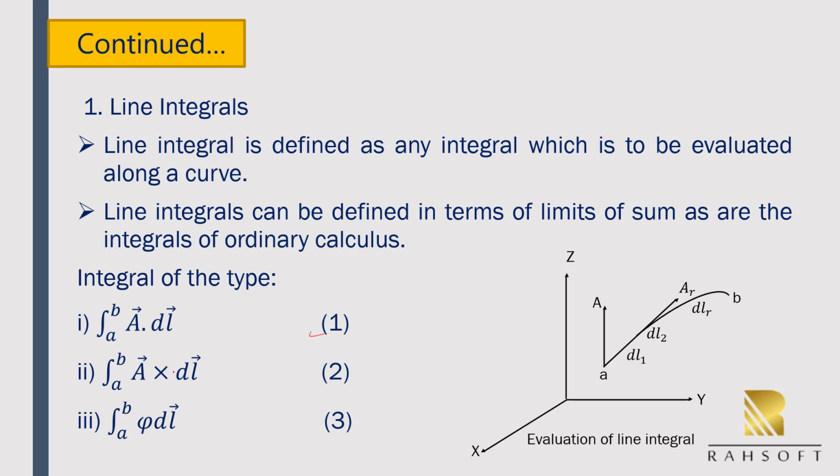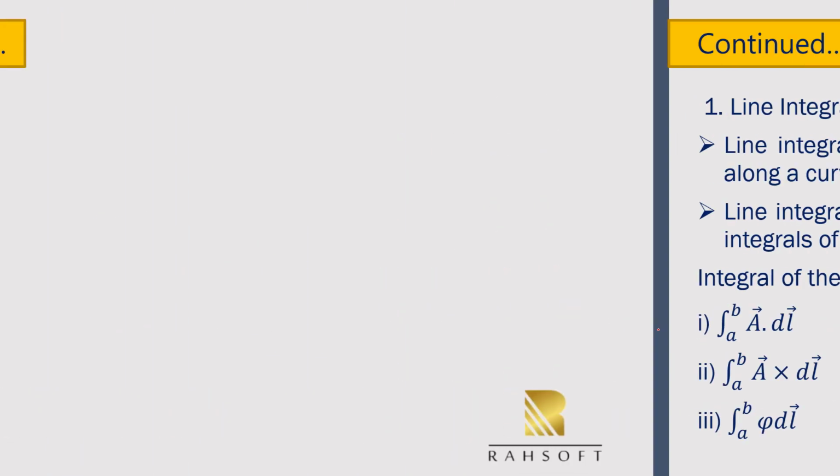So there are some types of integrals and their examples of line integrals which are evaluated from the point A to B on some specified curve. In the first case, each element of dl on the curve is multiplied by the local value of A scalarly. So according to the scalar or dot product rule, these products are summed to get the value of the integral. So suppose a vector A